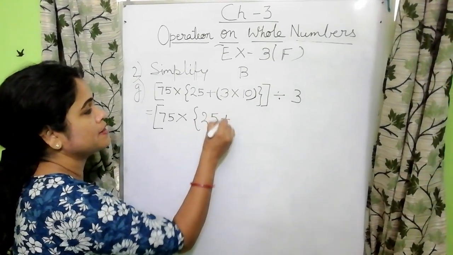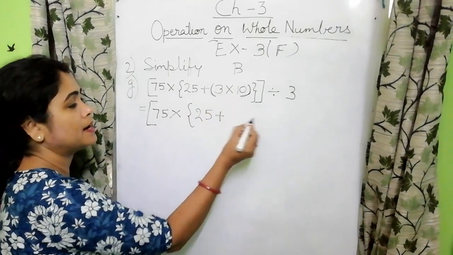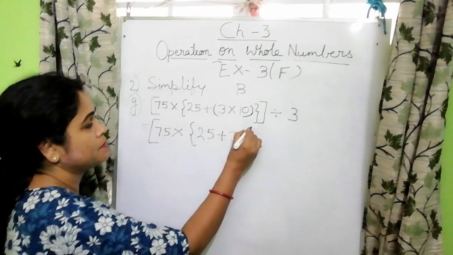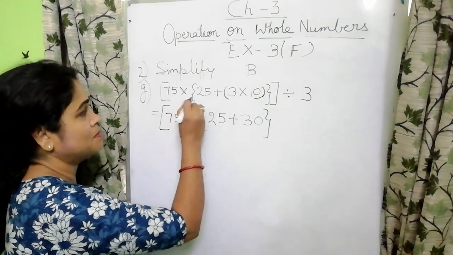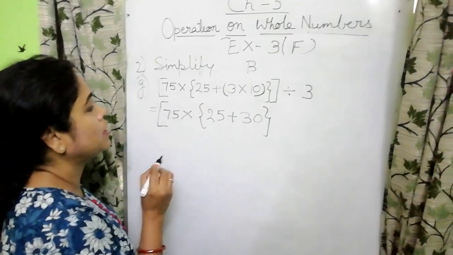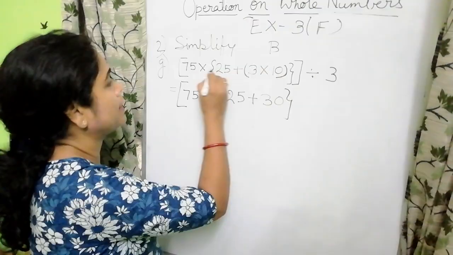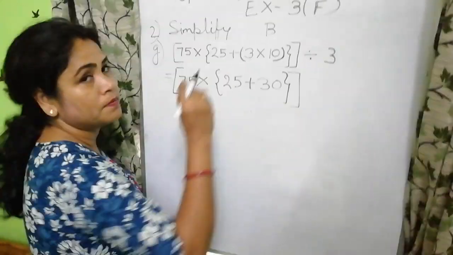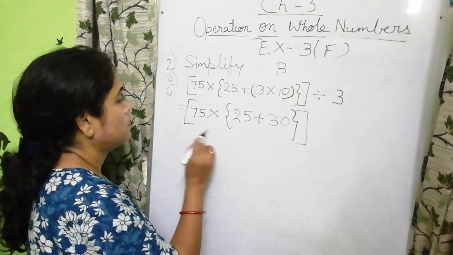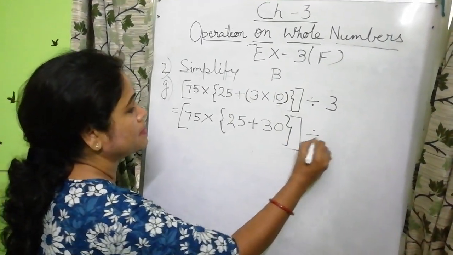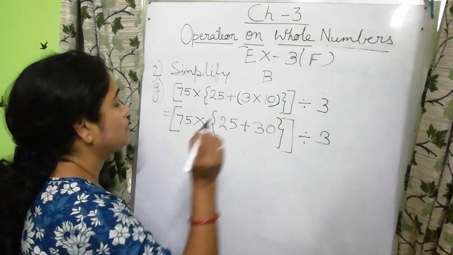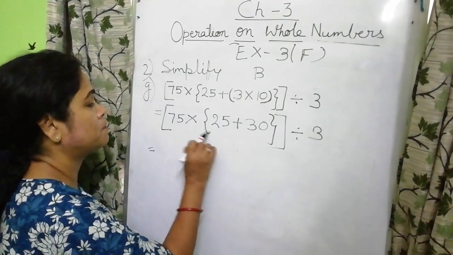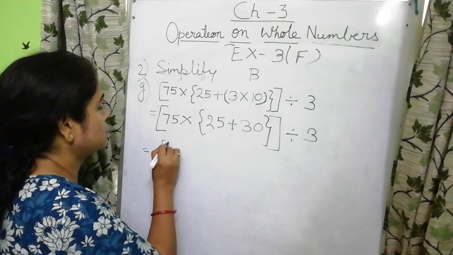the small bracket. So what is there in the small bracket? 3 into 10, that is 30. And this bracket is closed. When this bracket is closed, we have only two brackets, this big bracket and the middle bracket. And this division is there. This also we will write, division. Again, we will not see this division. We will see only the bracket. So we have now this bracket. We will solve this also.